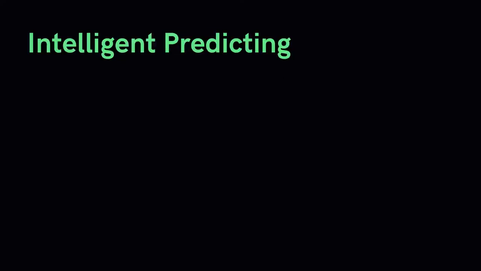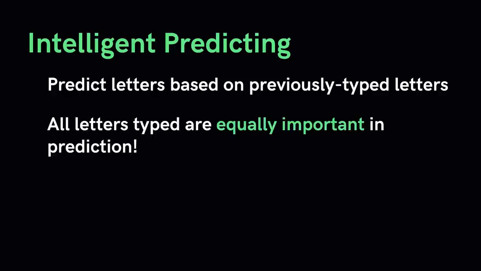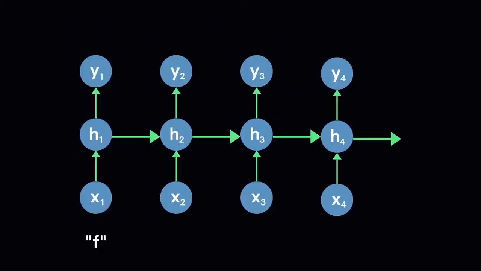To really understand how this works, imagine we're creating a recurrent neural network to predict the next letter a person is likely to type based on the previous letters they've already typed. The letter that a user just typed is quite important to predicting the new letter. However, all the previous letters are also very important to this prediction as well. At the first time step, say the user types the letter F. So a network might predict that the next letter is an E, based on all of the previous training examples that included the word FE.